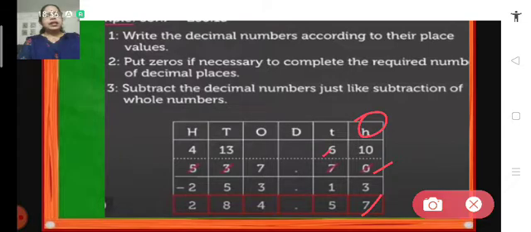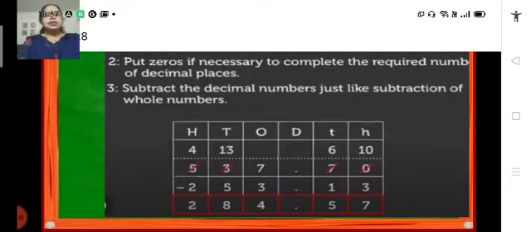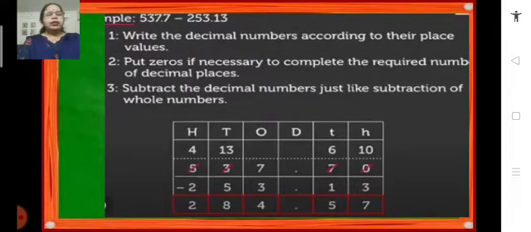Now we have 6 left in tenths. So 6 minus 1 becomes 5. Then we put the decimal point, then move on to ones place. In ones place we have 7. 7 minus 3 becomes 4. Then in tens place we have 3. 5 cannot be subtracted from 3. We borrow 1 from hundreds and it becomes 13. So 13 minus 5 becomes 8, and here we move on to hundreds, and 4 minus 2 becomes 2. So the answer we get is 284.57.